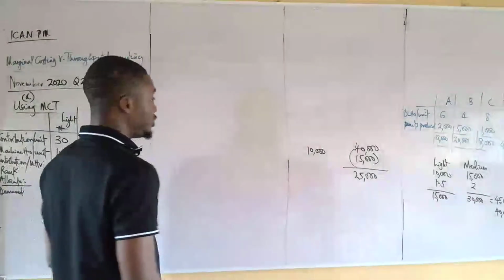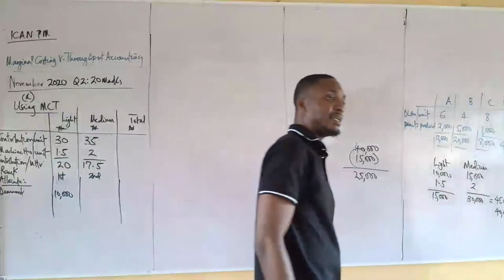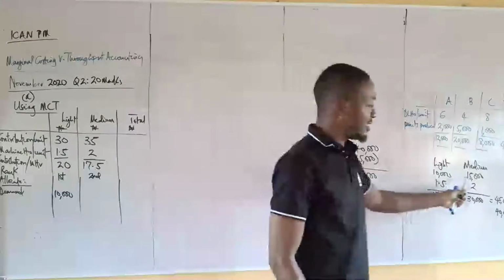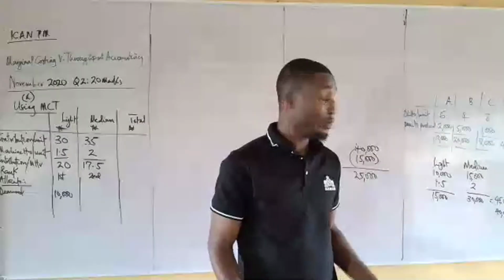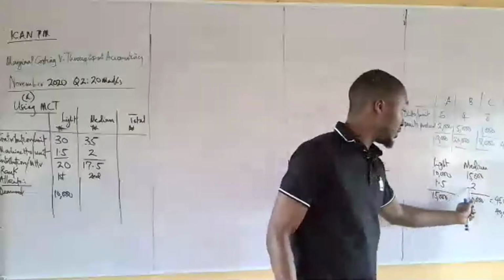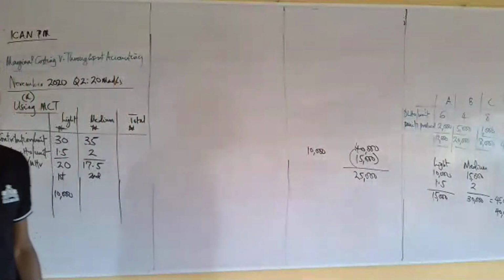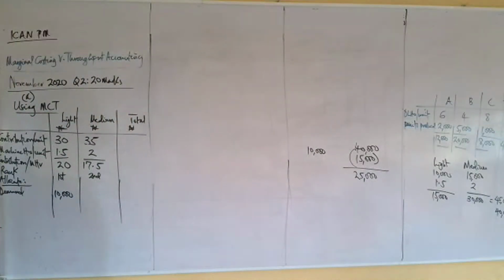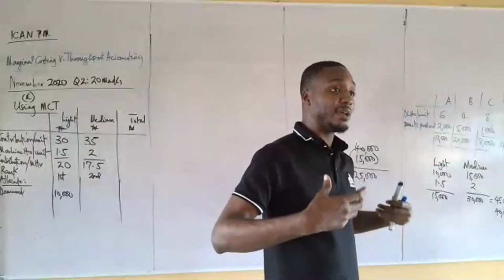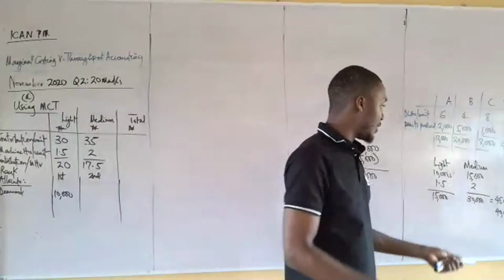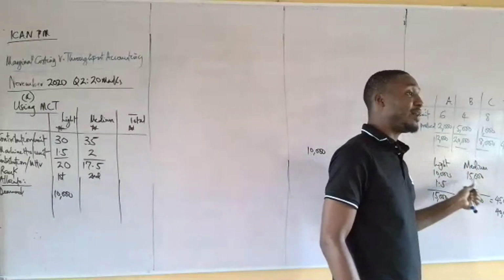Now for medium, each unit requires how many machine hours? 2. Let's look at what we can actually produce. How many can we produce? 12,500, which is 25,000 divided by 2. I know it is not up to the demand, that is why it is a bottleneck. So we're telling them, we know you demanded 15,000, but we have just enough machine hours to produce